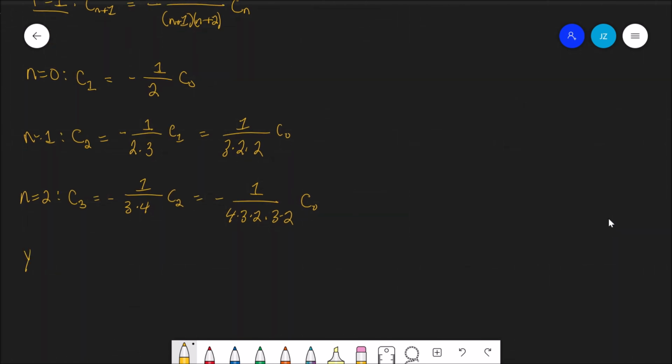So y2 will be x to the first power times c0 minus a half c0 x plus 1 over 3 factorial times 2 factorial c0 x squared minus 1 over 4 factorial times 3 factorial c0 x cubed plus yada yada yada,